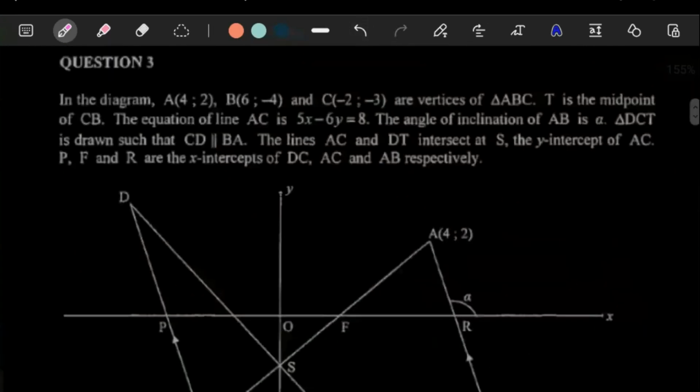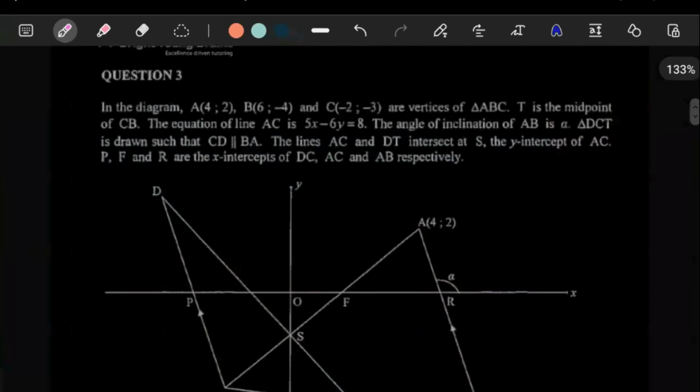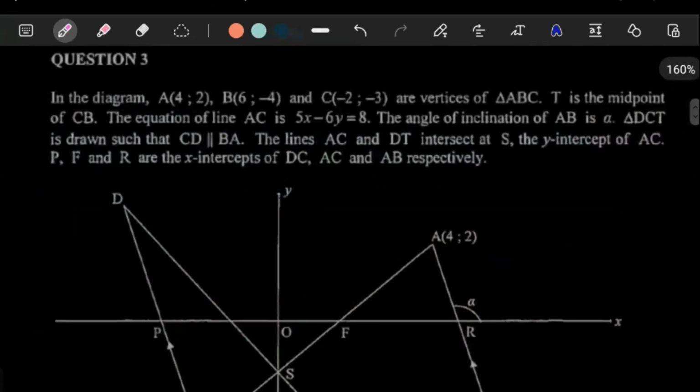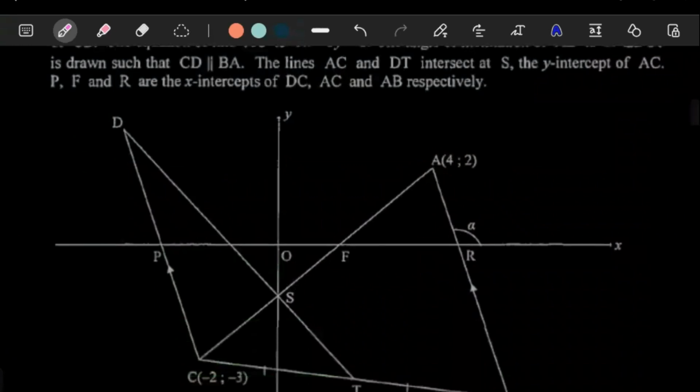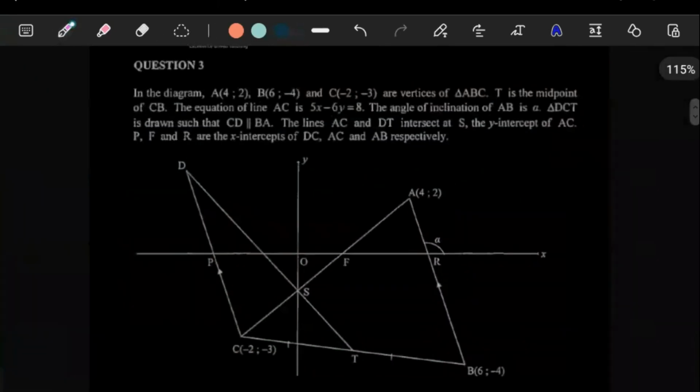So here they say, in the diagram, A, B, and C are vertices of this triangle ABC. They say T is the midpoint. You're supposed to read and refer to the sketch. T is the midpoint because you see this is equal to this. T is the midpoint of CB. The equation of the line AC